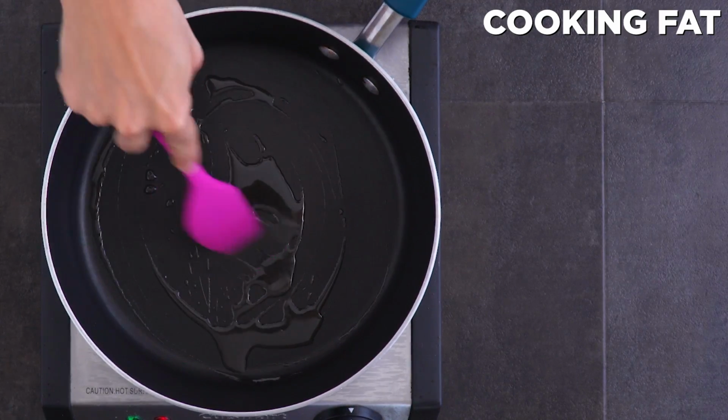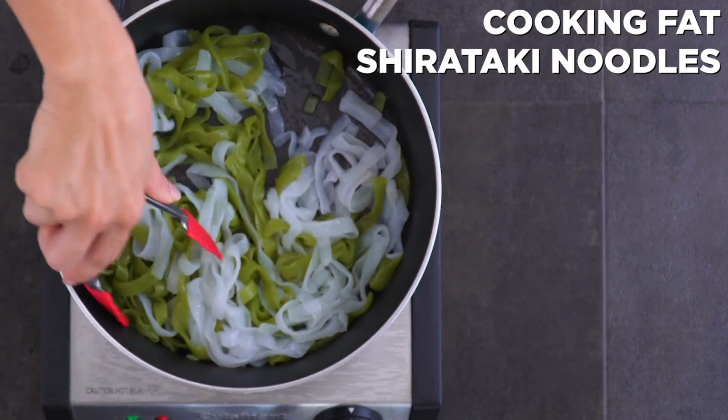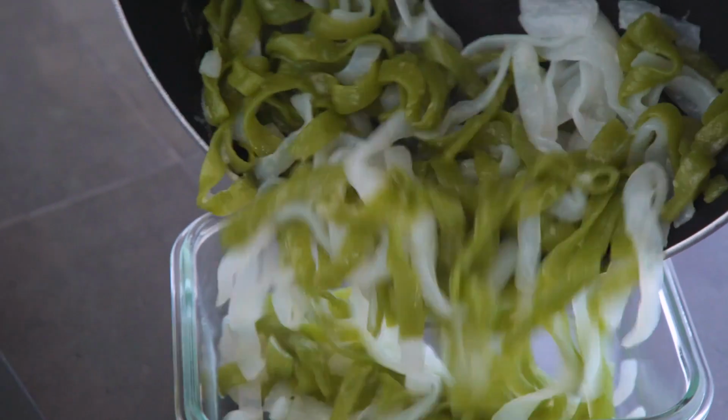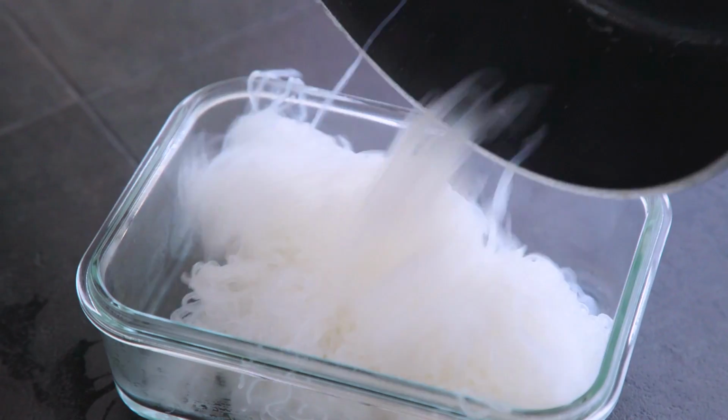of course. Add the noodles and cook for about 5 minutes, tossing with some tongs. Now the goal is to get as much of the liquid evaporated from the noodles as possible so that they're not slimy at all. Store the noodles until you're ready to enjoy during the week. I did the same with the angel hair shirataki noodles for the second dish to give a little bit more